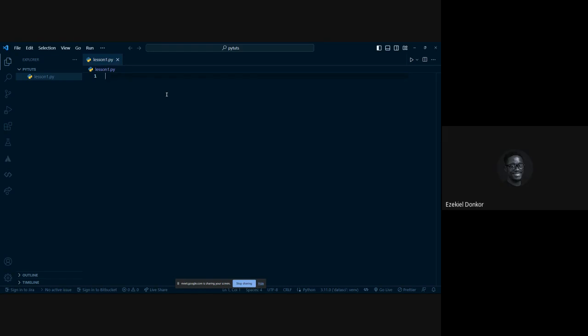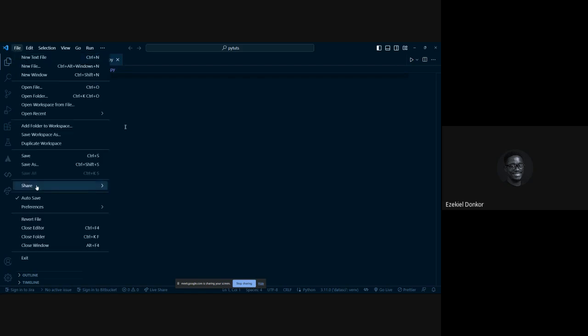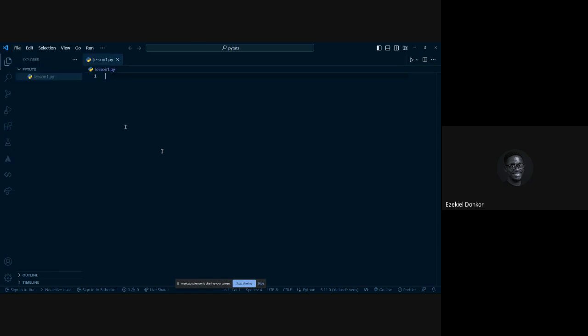Otherwise, every time you write code, you either have to press Control S or go to File and hit Save before you run the code. Else, you're going to run the code and it's not going to run, right? Again, because this is a sort of an IDE, if you write a piece of Python code here that you want to run, all you have to do is click the play button here.